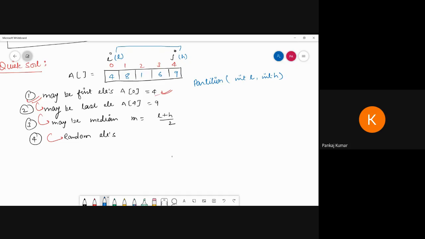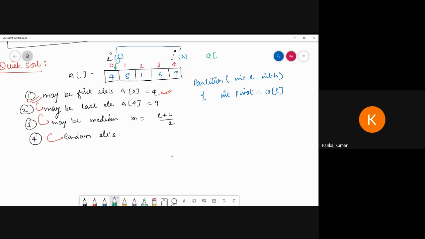After that, what I'm going to decide in the partition algorithm, similar to the merge sort comparison: int pivot element is equal to A of L. Whatever the value of A of L is assigned to the pivot.